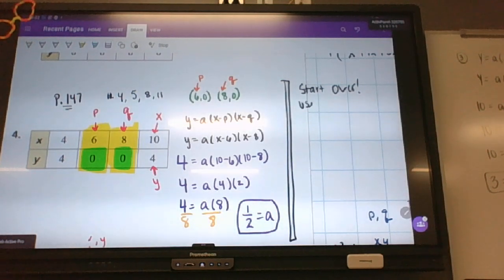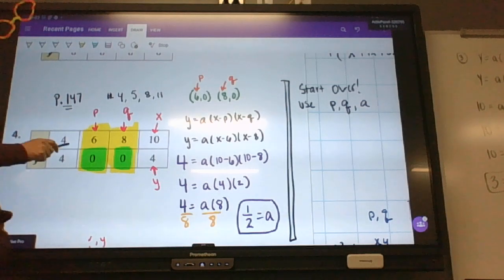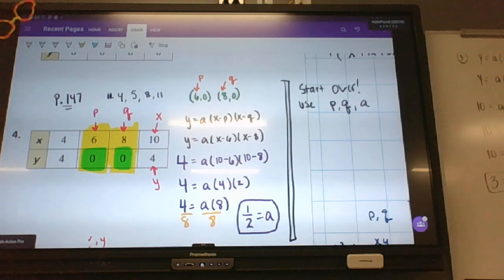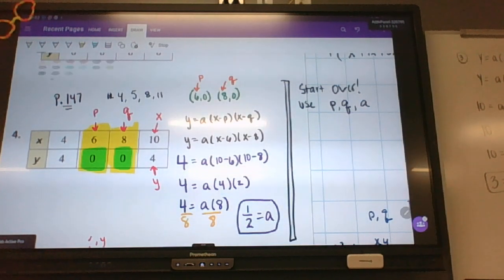And this time, I only use P, Q, A. I don't use X, Y. Oh, so it's just a little bit under. And then, oh, 7 makes perfect sense. And then, oh, and A is 1/2. So is it negative 0.5? Alright, here we go. So I got y equals 1/2 x minus 6, x minus 8,